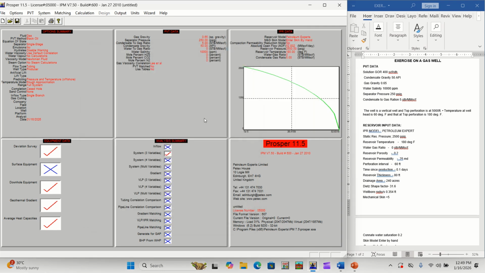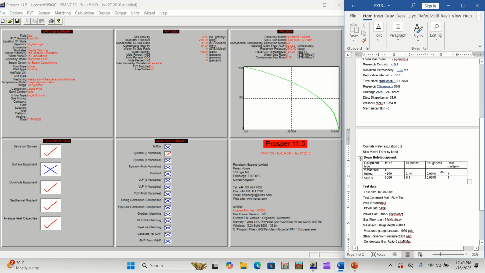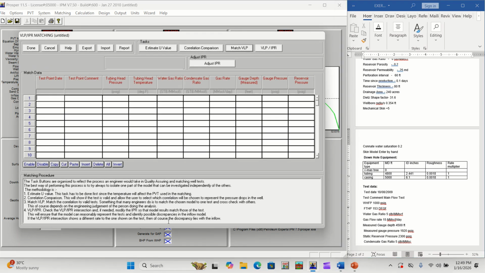So we have drawn our VLP and IPR curve, and we have seen the point of intersection. Now when you look down on our exercise, you realize that we're given test data. That means there's going to be a comparison between the actual test data and our calculated data. Let's see how close it is. So now we're going to be doing that on our VLP IPR matching. Let's enter the test data. This test data is actually the value gotten from a real well